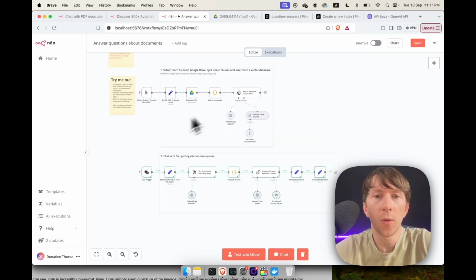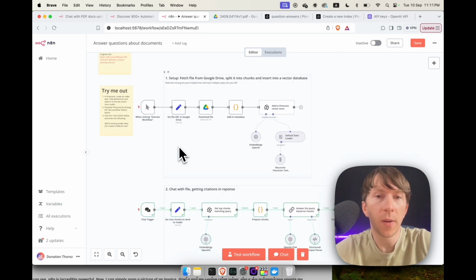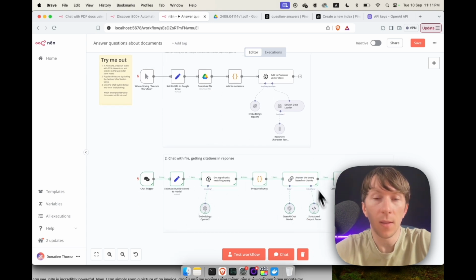So now I can upload all of my files at the top right here manually, or I can add some different automation to automatically grab all of the files inside that folder. And the next step is to have this one here where I can directly chat with my files. This workflow is really powerful because it allows you to chat with your documents and ask questions in real time. Plus, you can export it as an API to use on a website, or even integrate it with Instagram, WhatsApp,